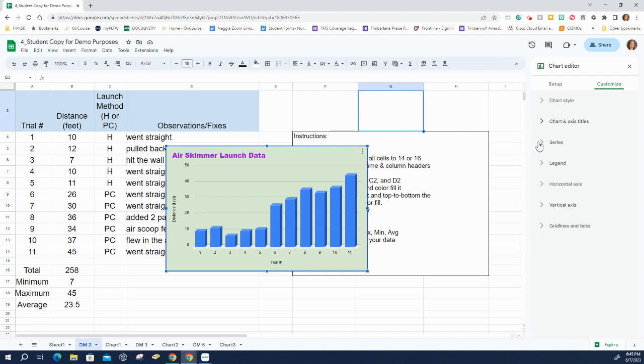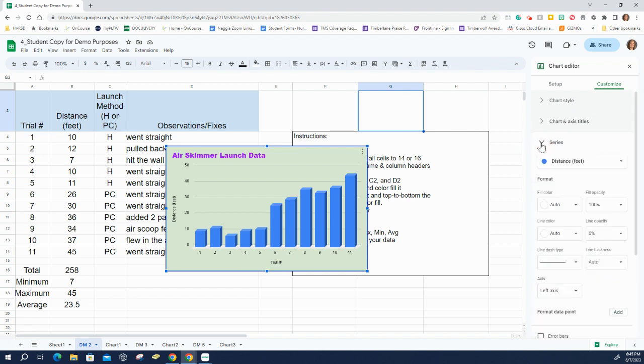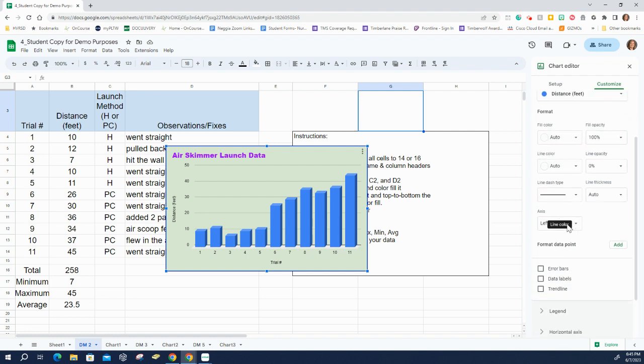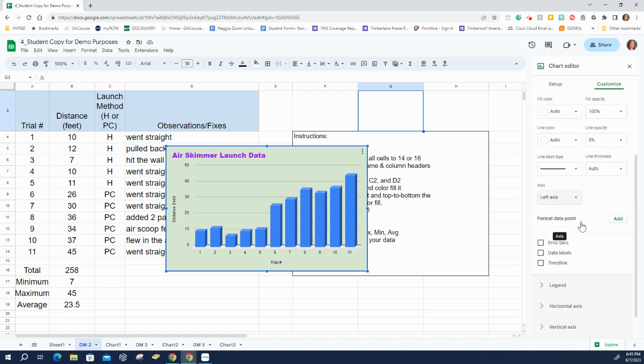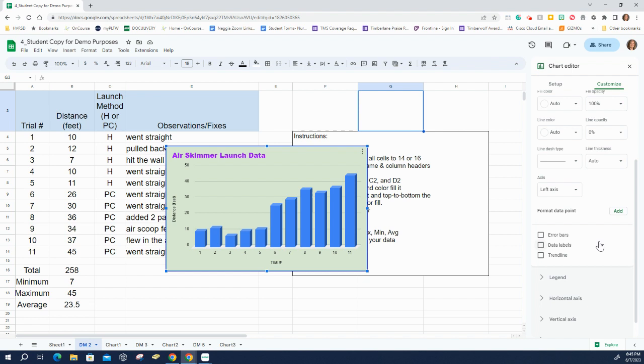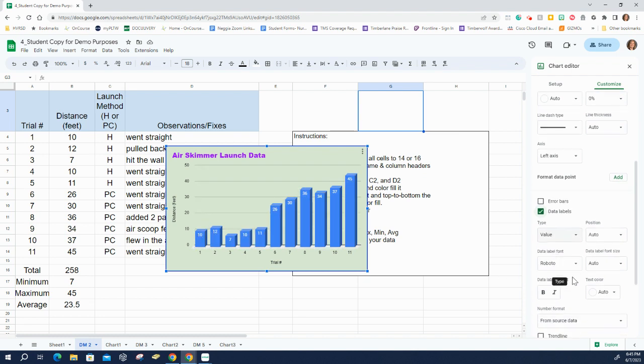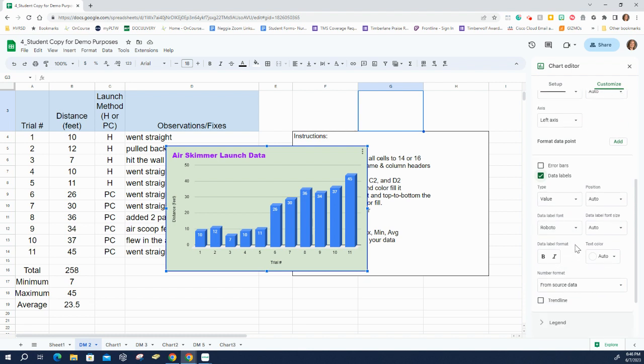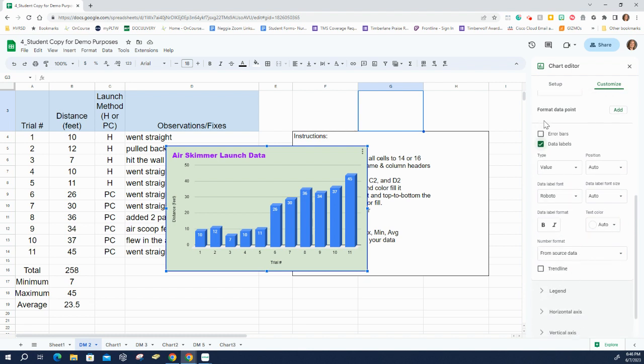Let's minimize that, and let's open up series. Okay, so the series, I'm going to scroll down, and you can experiment and you can choose different things here. But I'm going to turn on my data labels. And now notice that the numbers show up right here. Okay, I can change fonts here as well. Let's minimize this one,